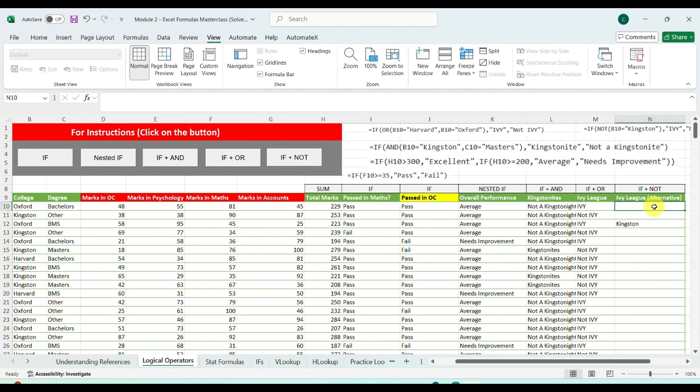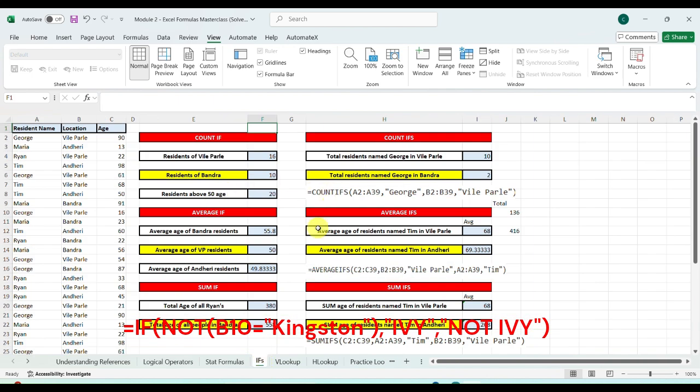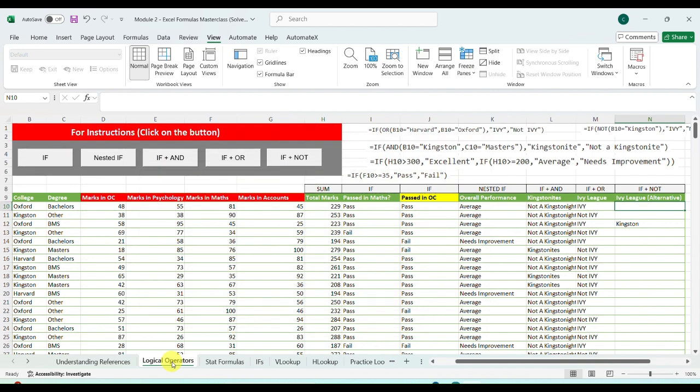So let's use this if plus not. And after this, we are going to see a very good functional usage of if very soon. So let's finish this formula. We can jump over to if. Again, it is asking for the logical test. Say not, okay, this college name is equal to Kingston.